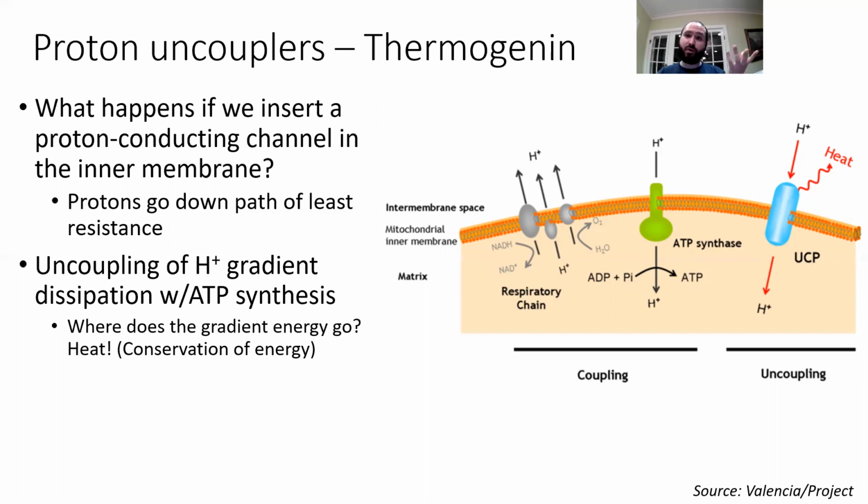And when we dissipate this potential energy gradient without making ATP, the energy from the gradient has to go somewhere, because of conservation of energy. And that energy will become heat. It will be lost in the form of heat. So this is how mitochondria in the brown adipose tissue